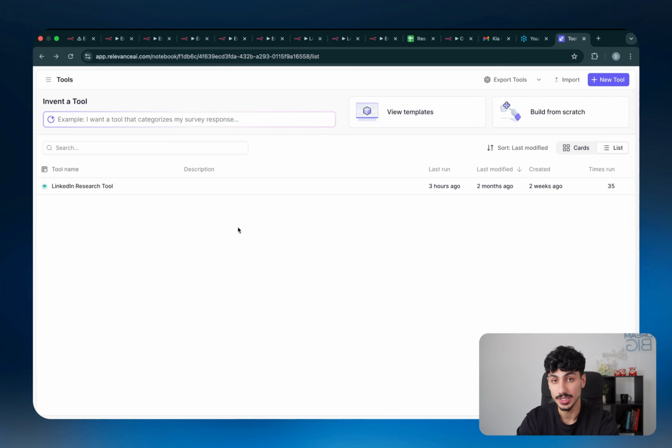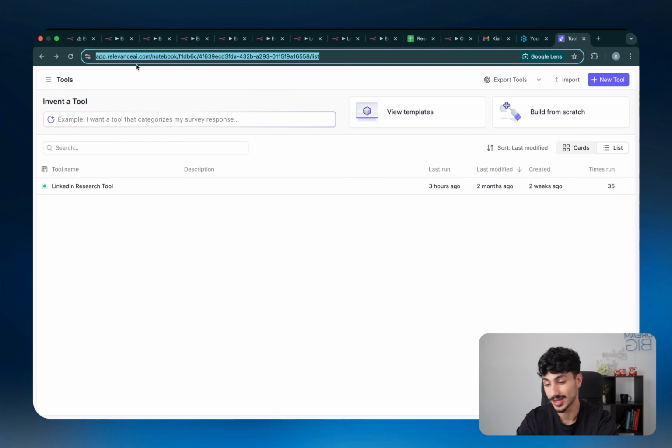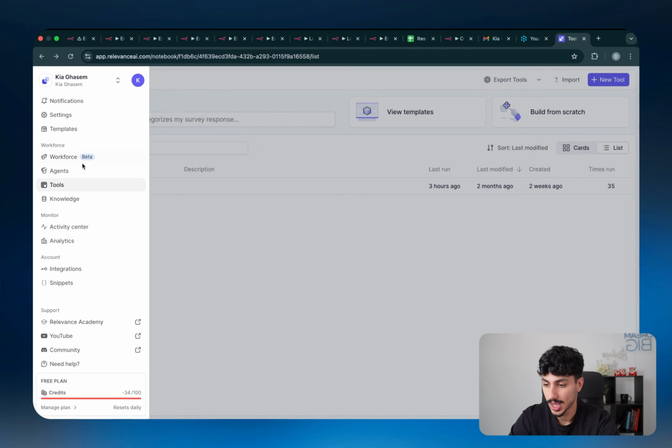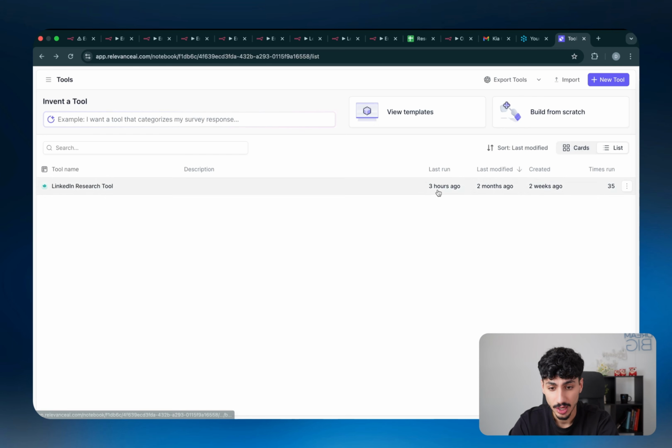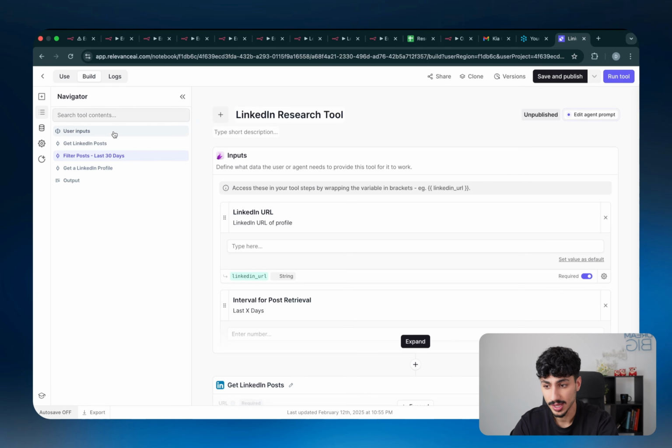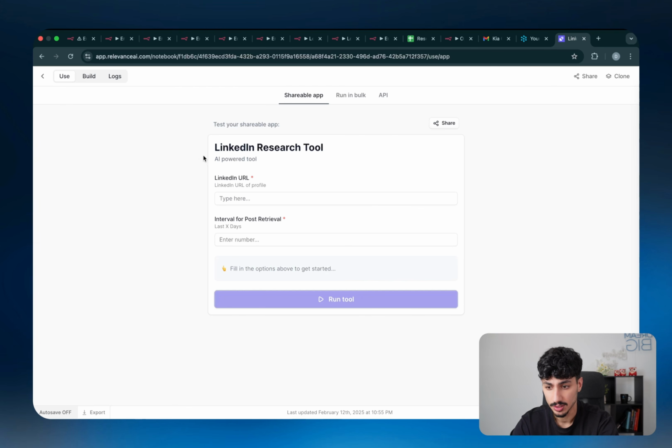Now, to set this up is very simple. What you guys want to do is make yourselves a free Relevance AI account, and then once you're inside Relevance AI, you want to click on the burger menu at the top left, and then you want to choose Tools. And then once you're inside Tools, you want to click on Import, and you want to import the tool that I give you access to inside my free Skool community. Once you import the tool, you should see something like LinkedIn Research Tool. You want to click on it, and then go to Use,